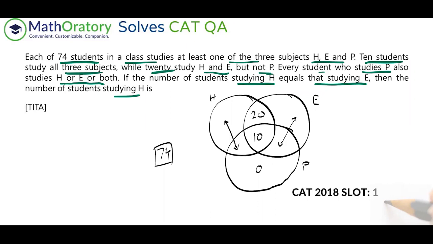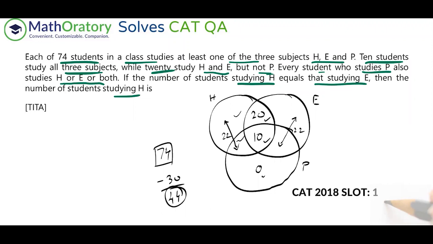It's very easy now, because we know that there are a total of 74 students, out of which 20, 10, and this is nothing. So 30 students are gone for these three regions. So we can take that out. Minus 30, we're left with 44. Now this 44 will be evenly distributed between this part and this part, right? So that will be 22 each. So these two total 22, and these two regions total 22. We cannot uniquely say how much is this one and how much is this one, but the sum of these two is 22, and that is our objective any which way.